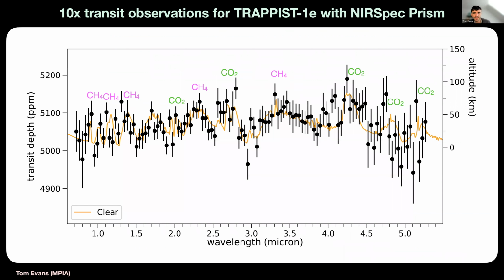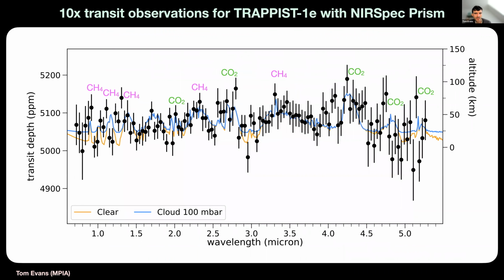So checking what some of these data sets might conceivably look like, here's a 10 transit observation for a clear atmosphere scenario. And here is the same thing for a cloud layer at 100 millibar. According to this Bayesian framework that was used to determine the detection confidences, for this data set, the carbon dioxide and methane detections would both be at the 5 sigma level. This surprised me at first because the signal to noise for any individual spectral band doesn't appear to be very high. But when the information contained across the full wavelength range is factored in, the detections become significant.